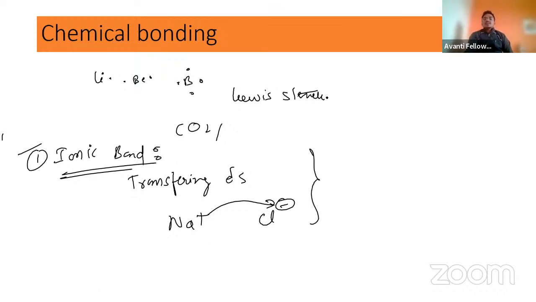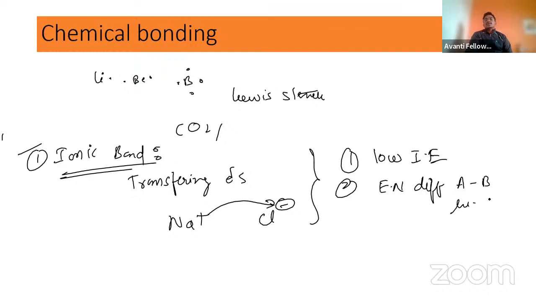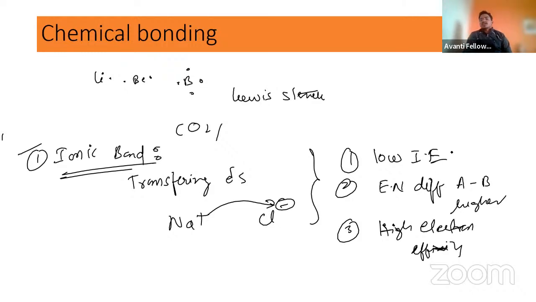Now what are the favorable conditions for ionic bond formation? The favorable conditions are low ionization enthalpy, and the electronegativity difference between A and B should be higher. The third one is high electron affinity. So what is low ionization enthalpy? Low ionization enthalpy of metals and high electron affinity for the non-metals. I hope you guys are clear with this. Okay, so that's it guys regarding the ionic bond. We will discuss those things in the